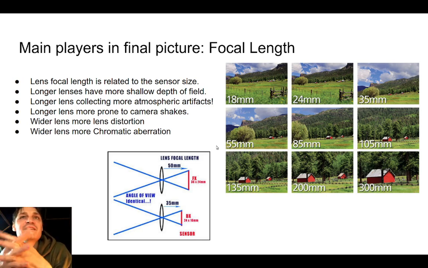Okay. Wider lens has more lens distortion. Okay, that's quite self-explanatory, but it's actually not. Okay, let's talk about that. Why? Okay, so if you have a long lens, meaning that the rays which are arriving, it takes them longer to converge. You remember what it was? The focal length, exactly. Longer to converge, meaning the angle that they are creating with the lens is smaller, meaning there is less